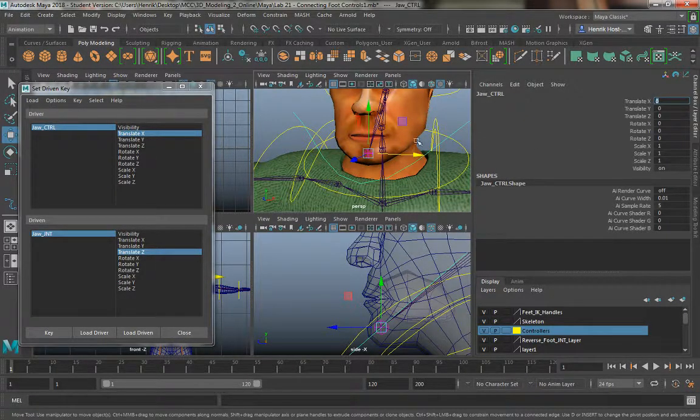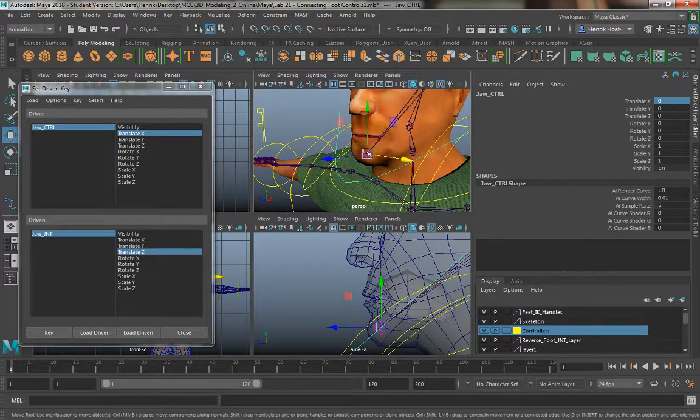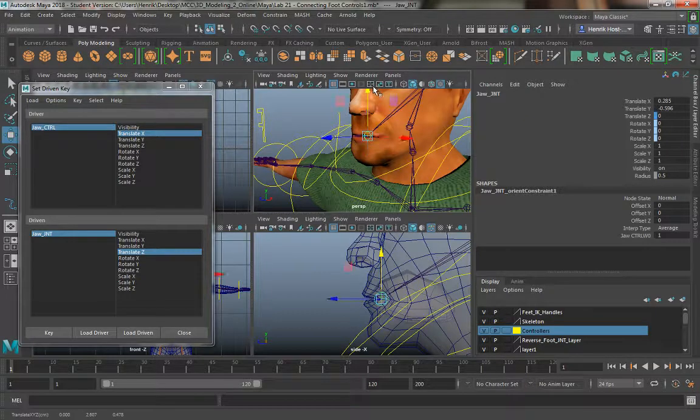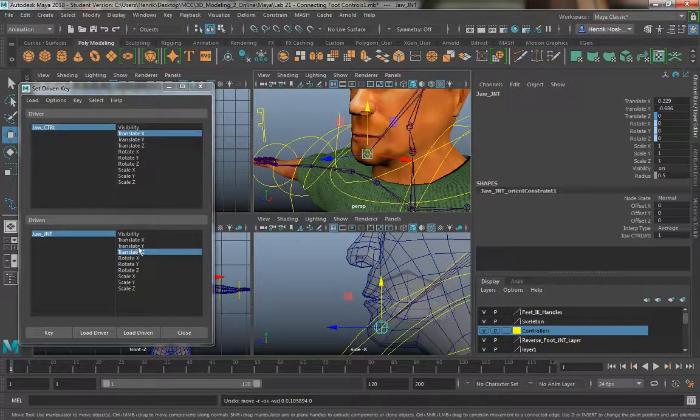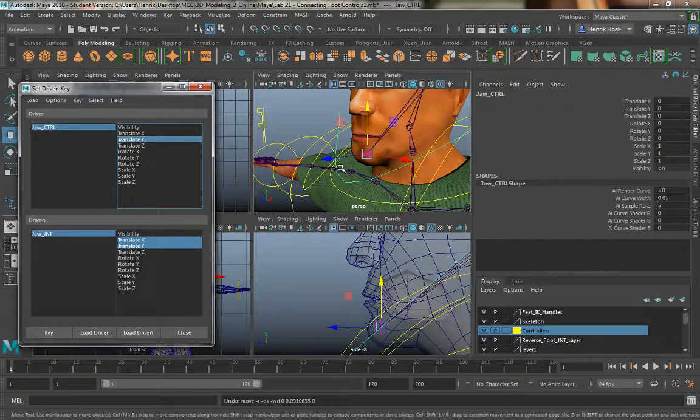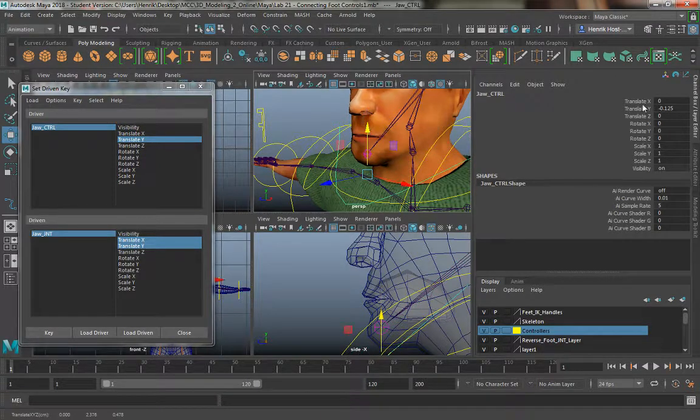Okay. Now I'm going to do up and down. So up on this, now this could get confusing. Up is X and Y on this. So I need to highlight X and Y, and on this one it should just be Y, and it is. Translate Y. So the first thing, I'm going to have it zeroed out here and press key, and now I'm going to bring it down, let's say negative 0.25,